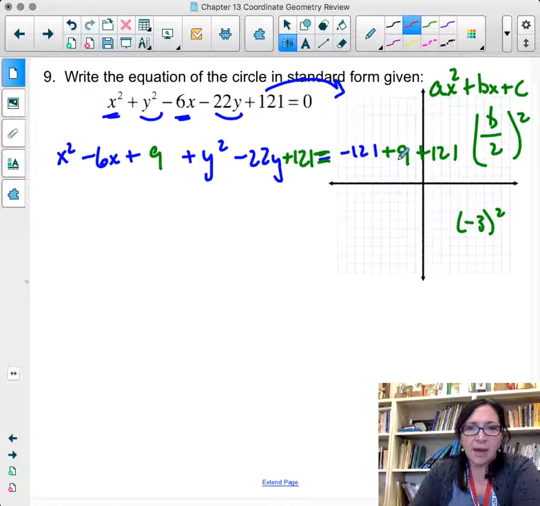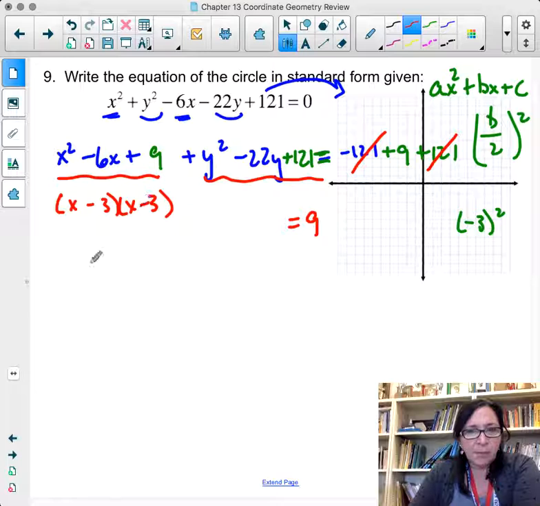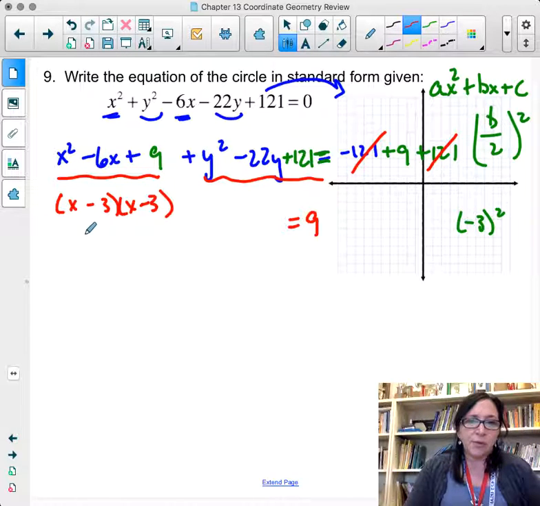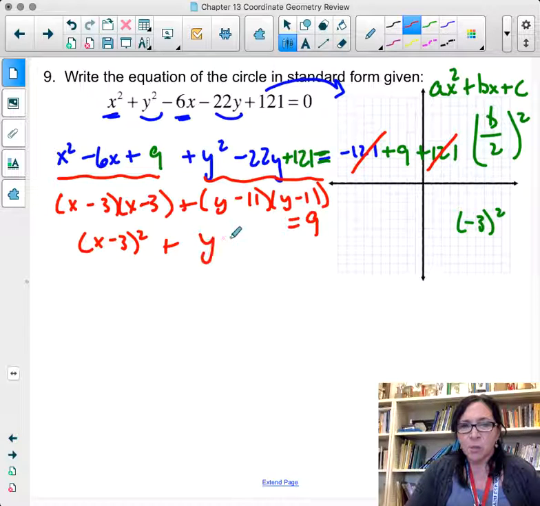Now, on the right-hand side, the 121s are going to cancel, and I'm left with 9. On the left side, the next step after I complete the square is to factor. So this is actually x minus 3 times x minus 3. You guys need to remember that this right here is always going to factor perfectly where this quantity is the same as that quantity. So this is going to be x minus 3 quantity squared plus this right here is going to factor also as y minus 11 times y minus 11,